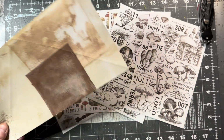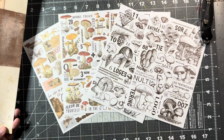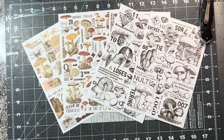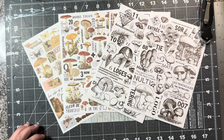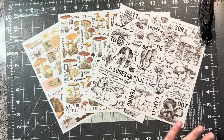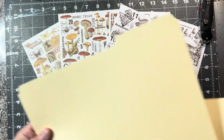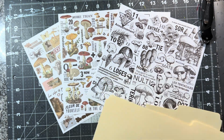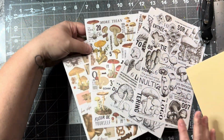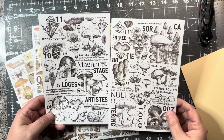Why do I have this paper here? Let's just see. I'm kind of a little discombobulated right now, so just bear with me a minute. I'll find what I'm looking for. Here is some folder paper. That'll get us started. And I think what I want to do is, I have two that are black and white, which,